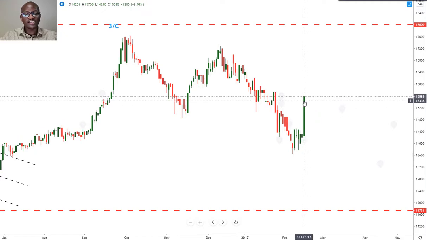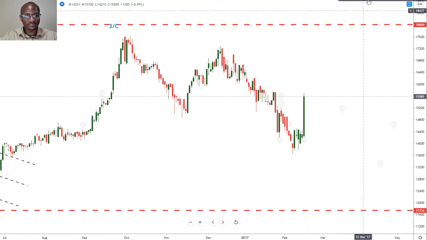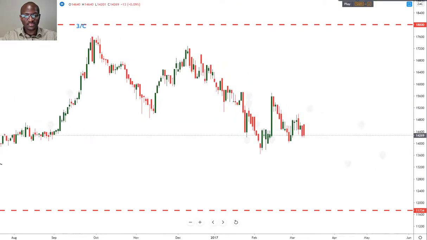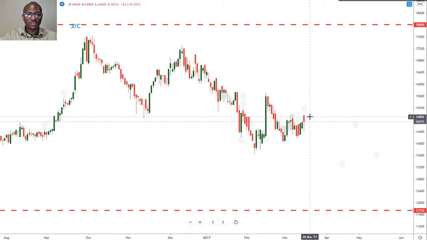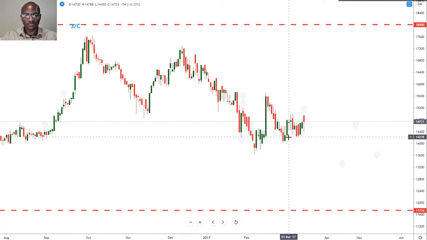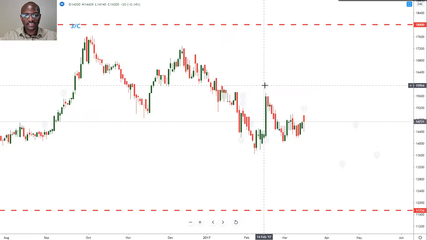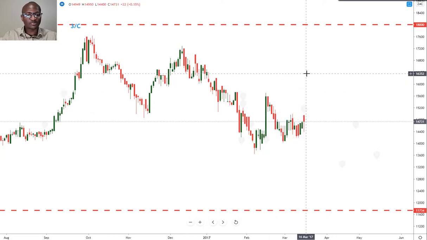So we've seen already that these trading updates have different reactions. Sometimes the market goes down, sometimes the market goes up, sometimes the market just doesn't react. Yet every single update is a good update. So that's Mr. Market for you. You never know how the market is going to react. And as we progress, we see that even with this great trading statement and this massive 9% rally, immediately thereafter, the market starts pulling back.